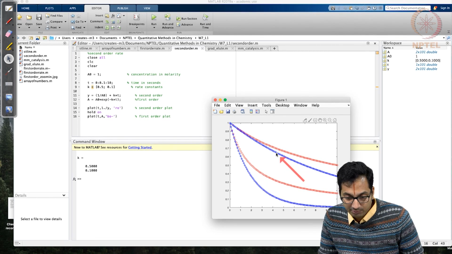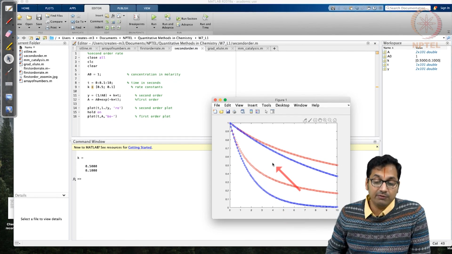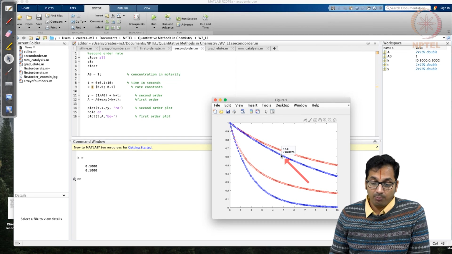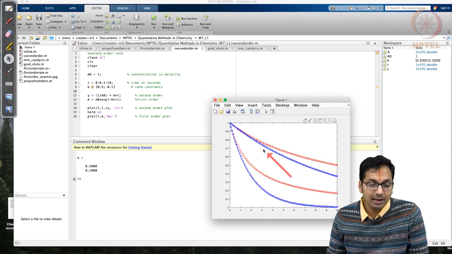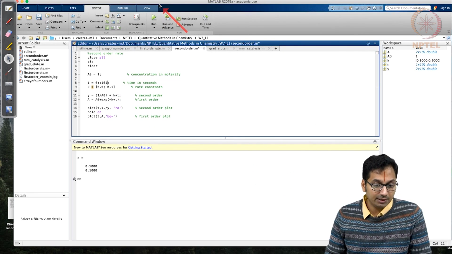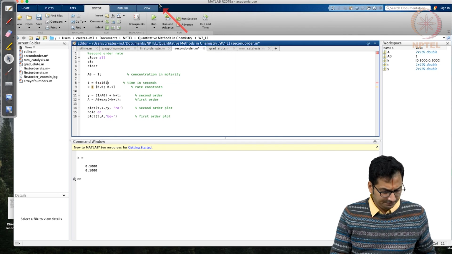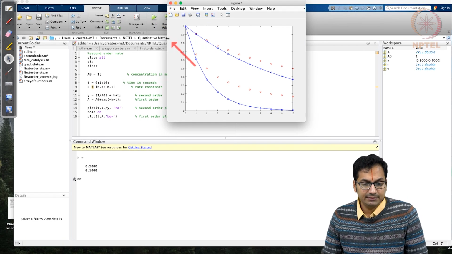Is that for any given point of time, the second order ends up having a lesser difference between the reactants at any given point of time for different orders. So once again, between 0.1 to 0.5, one can actually find the difference at any given time point and figure out what is going on. So I think there are too many points here. So let's try to simulate it with less number of points, and this is what you are able to see.